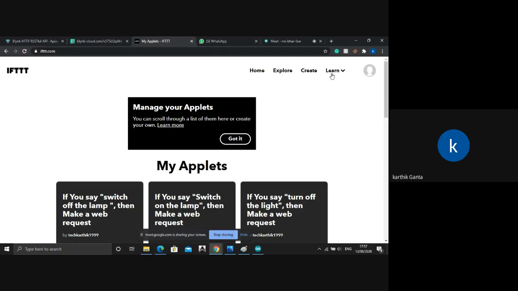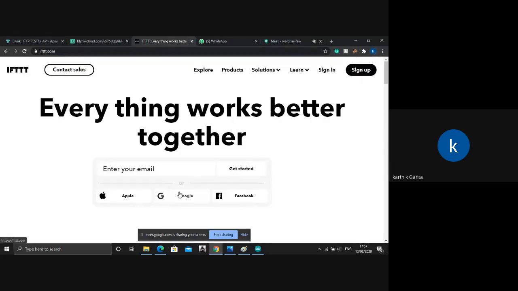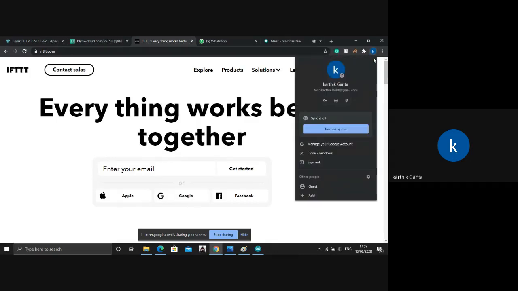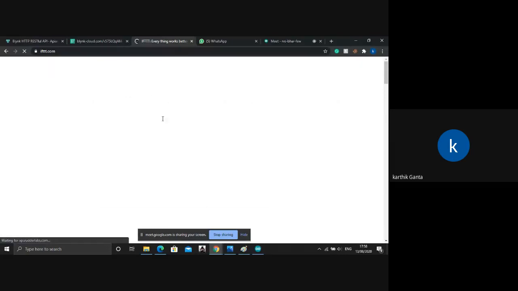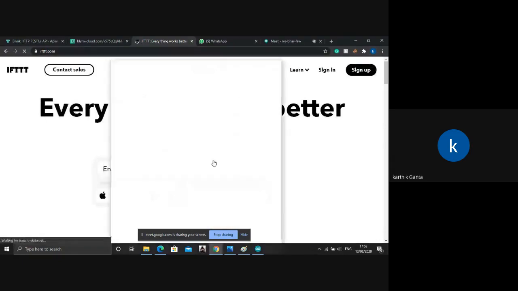Okay. I'll log out and sign in and show. Because I was using another account, I'm not able to redirect. So now I'll get redirected directly to this account. Make sure with which account you made IFTTT, you sign in to your Google Assistant with the same account. Otherwise, they both will not get synced, and your home automation will not work. Refresh. Done.